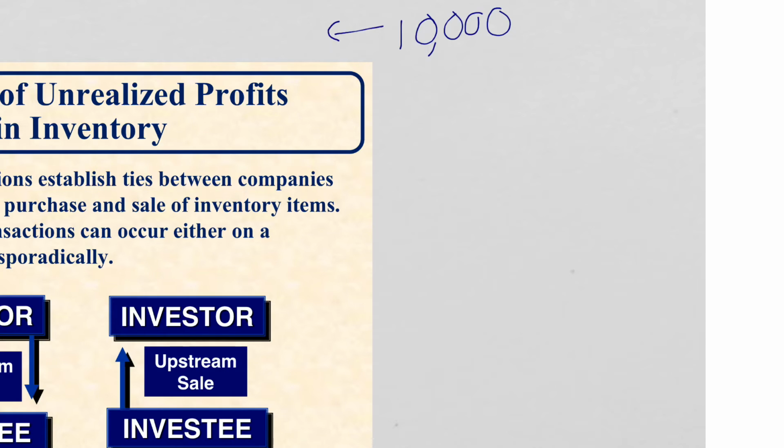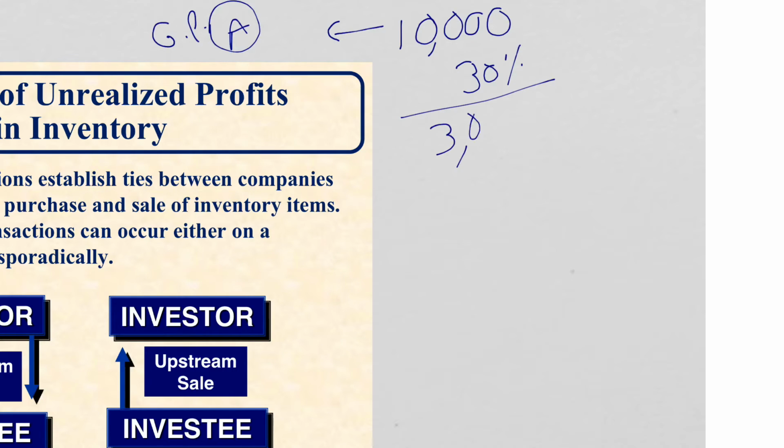Now remember, the gross profit has been recognized on A's books because they sold it. And on their books, they recognize the profit. B hasn't sold it to the outside stick figure yet. So of this $10,000 amount that remains, we have to pull out of earnings the 30% gross profit that A recognized on its books. So the 30% gross profit was $3,000, but the equity investment in the book, if you